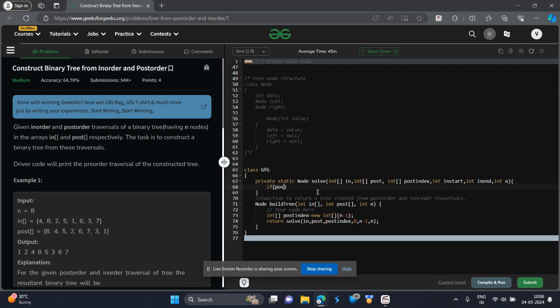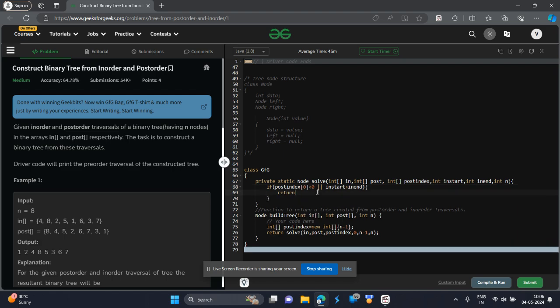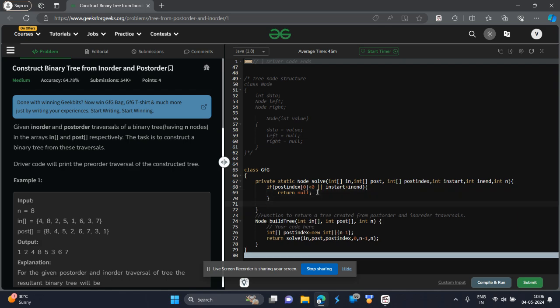For the first base condition, if the post index is less than 0, or apart from that, if we have moved out of bounds, we will return null. But if we are within bounds and it is not less than 0, then in this case